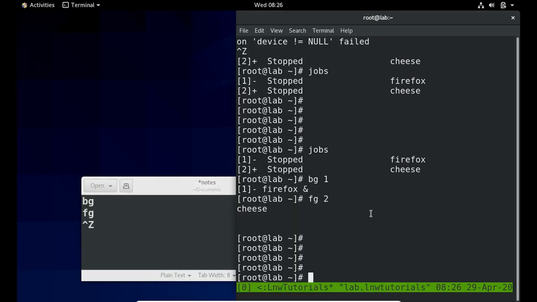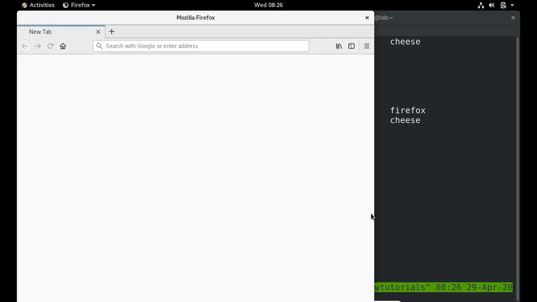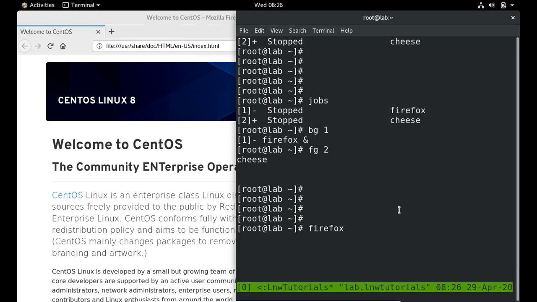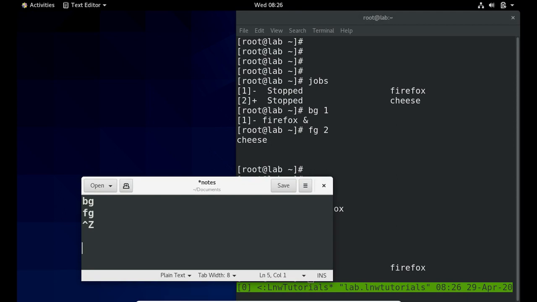Now what if Firefox is running and the prompt is just blinking, and I need the shell? In that case we have Control C to cancel the interactive process, but then Firefox gets closed. To avoid this we use the background or foreground commands, that is fg or bg.